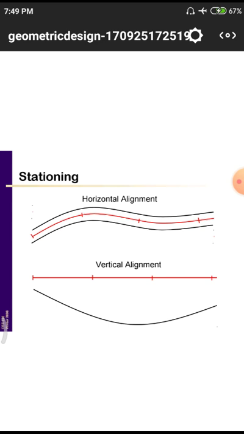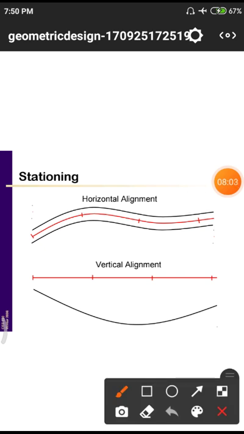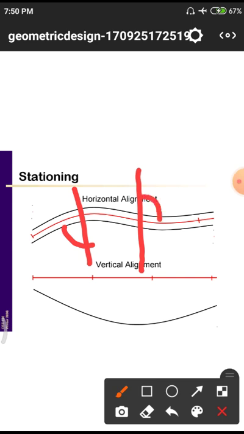So likewise we have to indicate different dimensions of a road in different places according to their usages. First one is stationing. That means normally it is a horizontal alignment, that means horizontal alignment with respect to x direction or ground level. The total line is in different directions without any vertical inclination. Only the inclination with respect to x axis, and those I will show. This is a particular curve, so here we are having some kind of inclination and here some kind of inclination. Likewise the total road is with respect to only x direction. Okay, it is x direction.